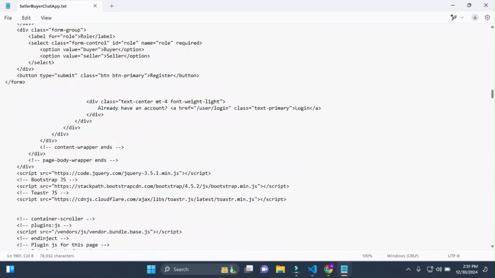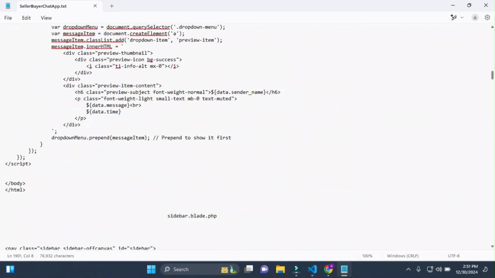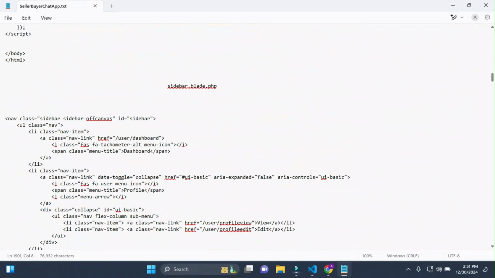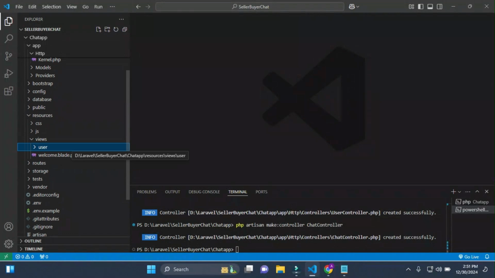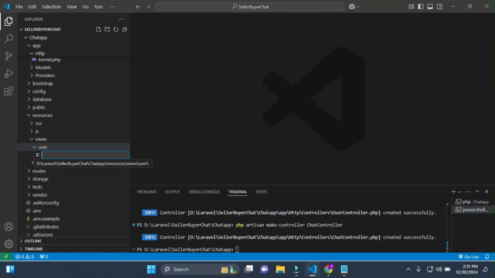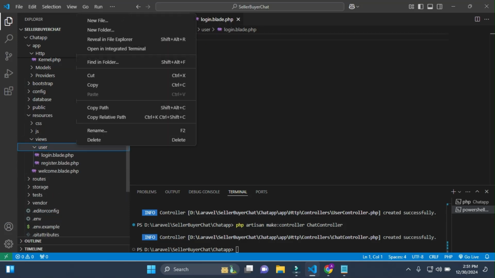So you just simply copy from this. This is my controller code for the user controller, and this is my pages code, all the pages. So what we have to do is, in the user folder, I'll simply create views: register.blade.php, and after this login.blade.php,